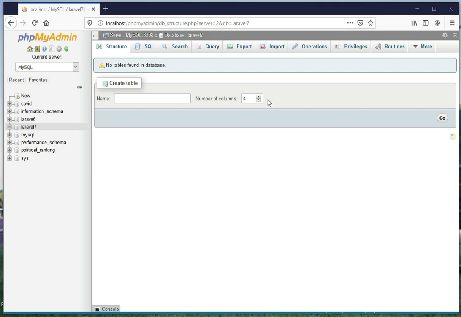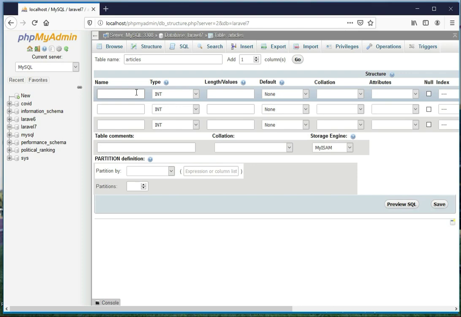So let's finish up by manually creating a table, and then we will use Laravel to write a query against it. Just write in the name. We are in the Laravel database, and here it is asking to create a table. So just make a table. We are working with articles. Just write the name articles, and we need 3 columns. Go.